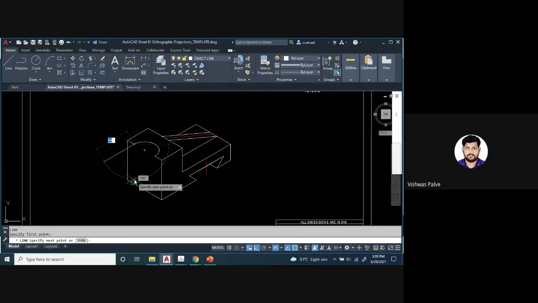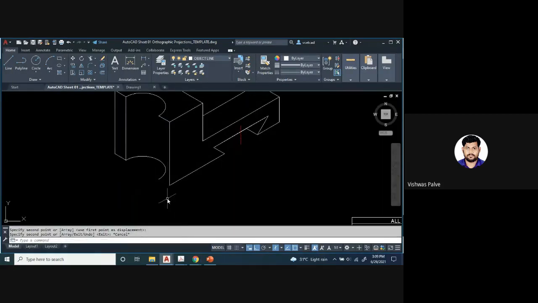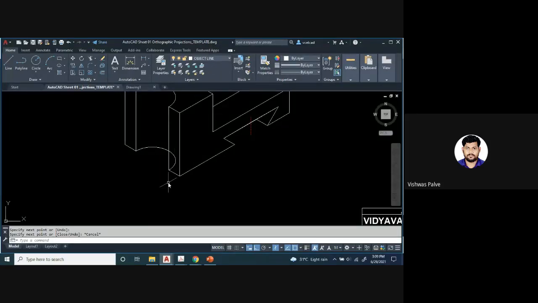So first I will draw a vertical line. I'll take a reference, TR double enter, trim this. CO enter, select the base point, copy it. I'll enter from this point, draw a line, connect it vertically. Now this portion won't be visible. This small portion, use the trim command, and this portion you can remove.